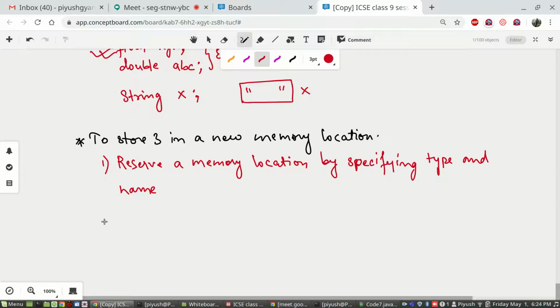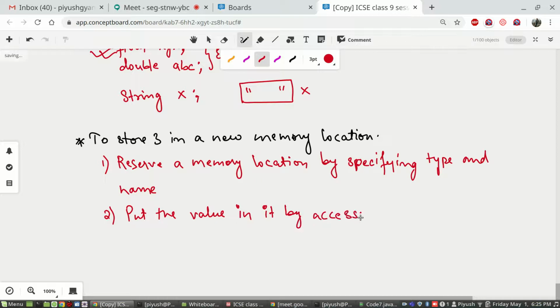Second is to put the value in it by accessing that memory location.